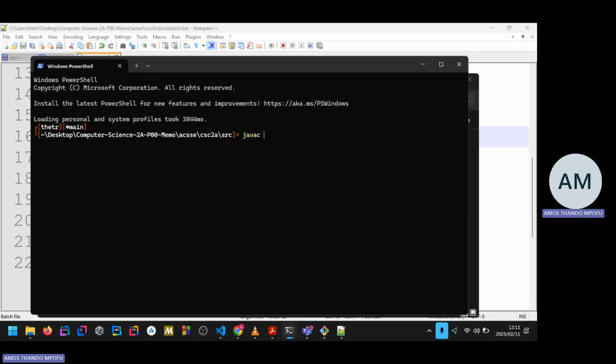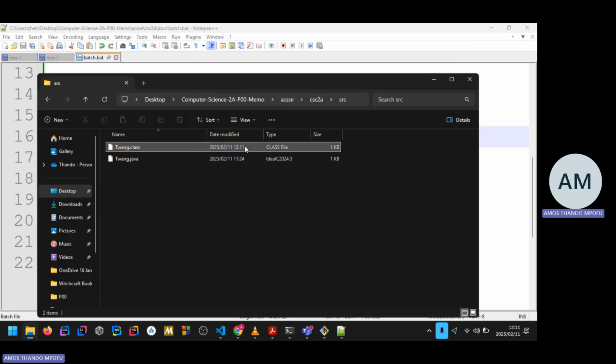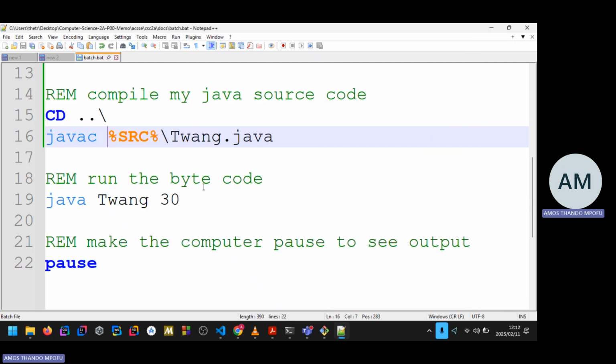Java, C, and it seems like okay, the dot is fine, but it seems like